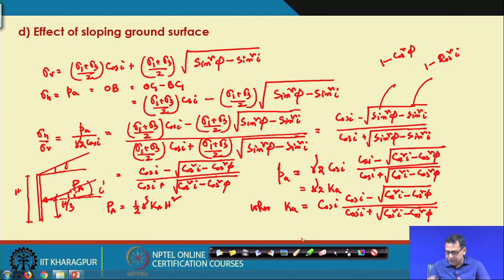So, similarly for the KP, it will be the opposite. It will be sin i plus, and this will be cos i plus, this will be the cos i minus, and this will also change, because you can derive that expression also, because in that case your σ3, σ1, that thing will change. Okay, that I have discussed in the last class. So, this is the earth pressure of an inclined backfill according to Rankine's theory, because Rankine's theory has been extended, because the original Rankine's theory is for the horizontal backfill, but it is the inclined backfill which has been extended.